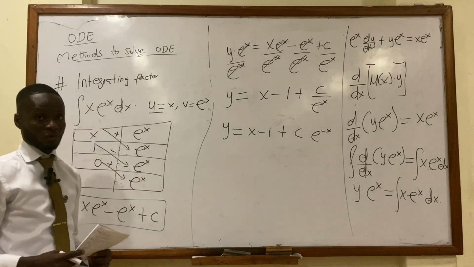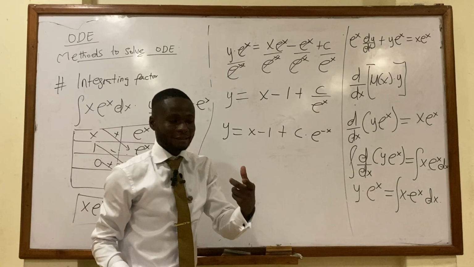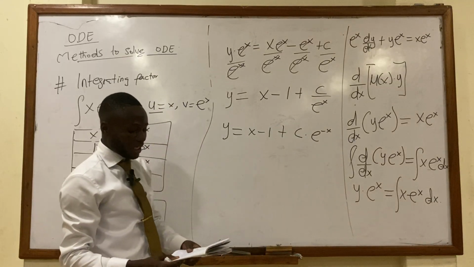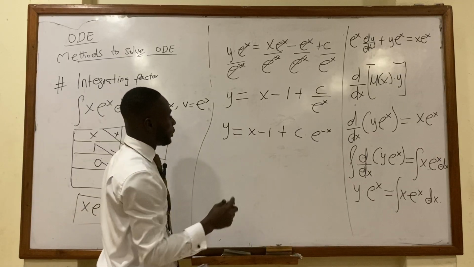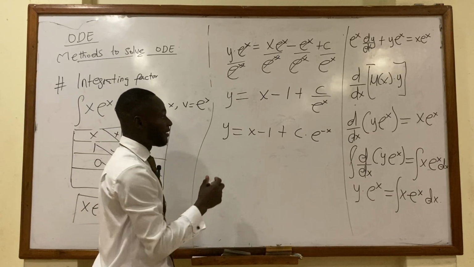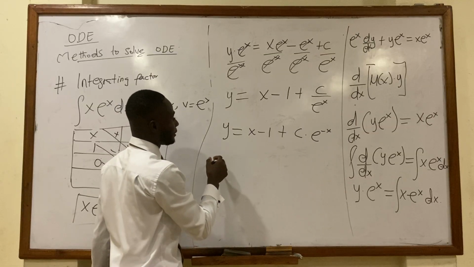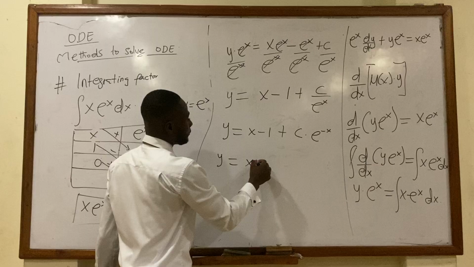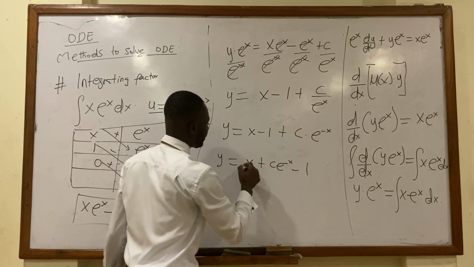I hope you are not confused there. This over this is in indices. This is the same as this. All right. So from there, we can now see that we have our answer in the explicit form. So we can say that our final answer is y equals x plus c e power minus x minus 1